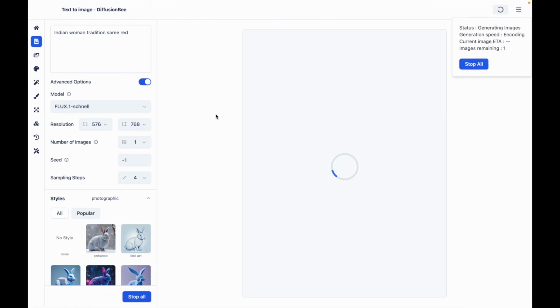So I'm using that 4 steps, so it's going to take more time. As you can see right now, it's asking around 2 minutes. Okay, 3 minutes to generate the image. So the more steps you increase, the better image quality you will get, but it will take much more